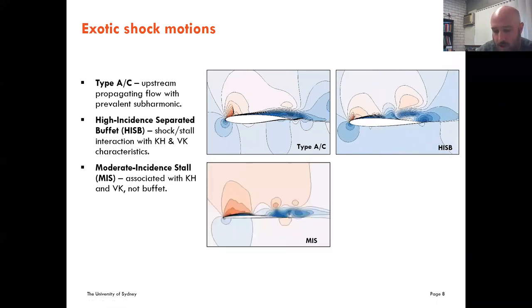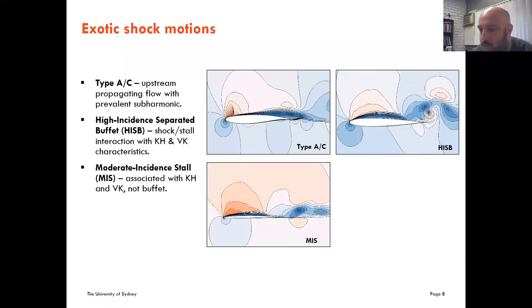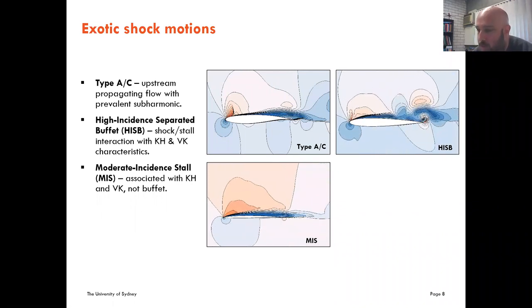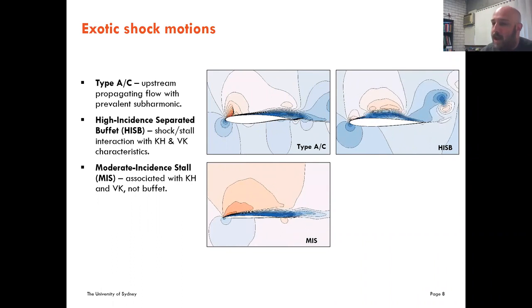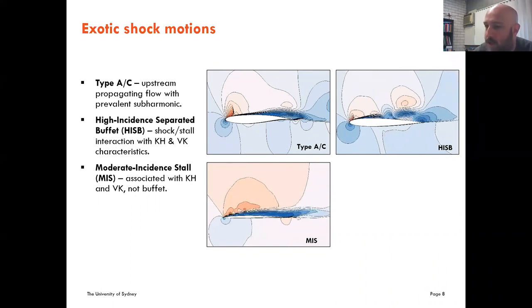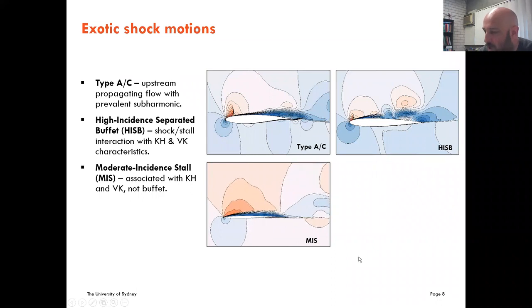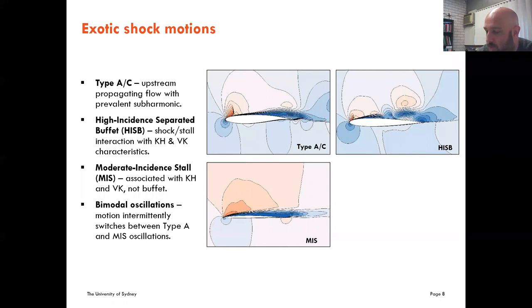The third is the moderate incidence stall. As I mentioned, this is not buffet, but again, it has similar characteristics to the high incidence, where we have a Kelvin-Helmholtz and a von Karman type of shedding behavior appearing. And we are interested in this type of behavior because we have this then fourth type of motion that we've